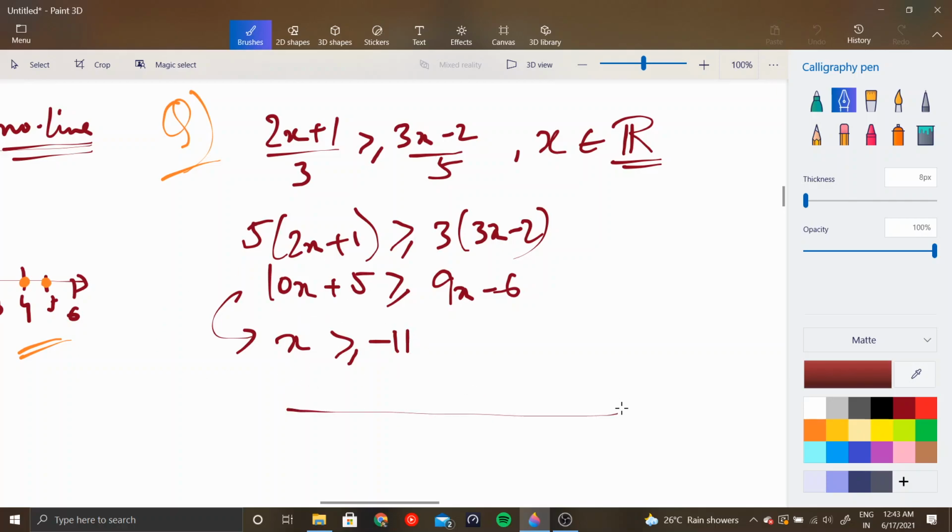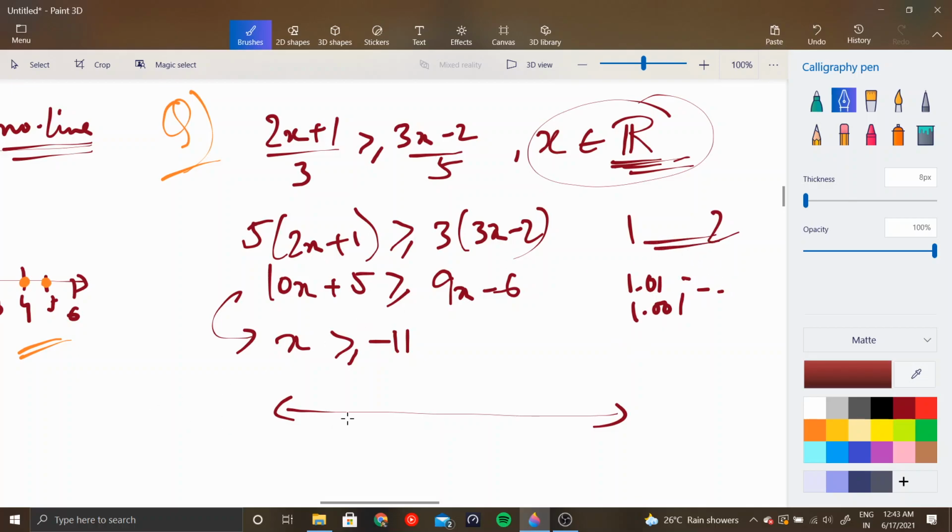Now once you are done, see, now this is a real number set, right? So you cannot actually plot out everything when a number is belonging to a real number set. Basically what I mean is between 1 and 2 you have 1.01, you have 1.0001. So you have infinite numbers in between 1 and 2. So what you do is just plot the boundary values. So you have minus 11, plot a minus 11 here, 0, and then it continues, right? It continues. You don't need to plot everything, just plot it till like this. Okay, just plot these two values.